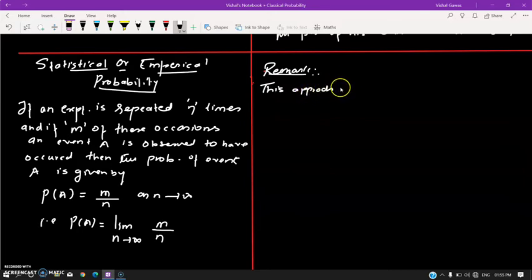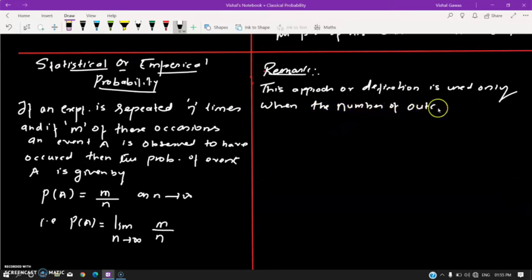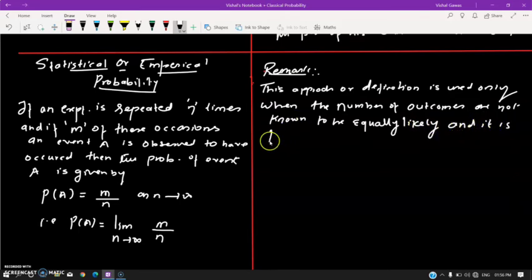This approach or definition is used only when the number of outcomes are not known, or not known to be equally likely, and it is possible